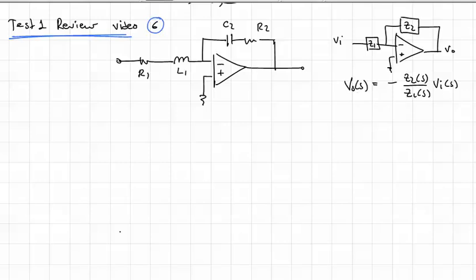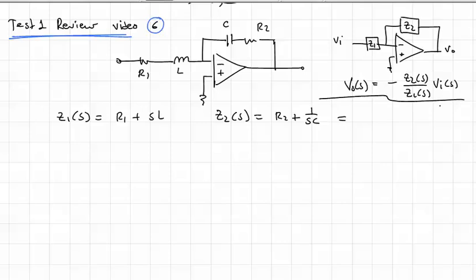All right, and so now it's just a matter of finding what is Z1. In this case, it's R1 plus SL1. And what is Z2? It is R2 plus 1 over SC. Let's just take the subscripts off here to make it easier. Okay, and what's important though when you derive this is that you use a standard form. You know, put it in a good form. So I'm going to put over a common denominator,